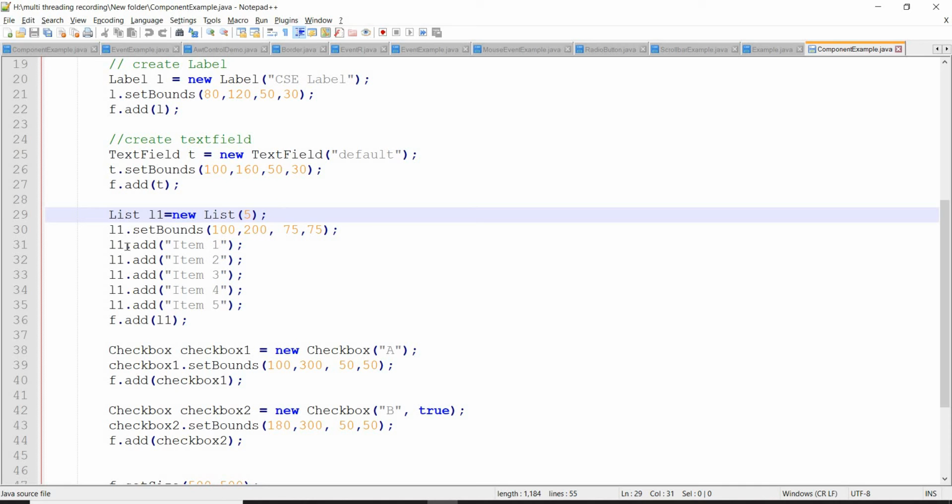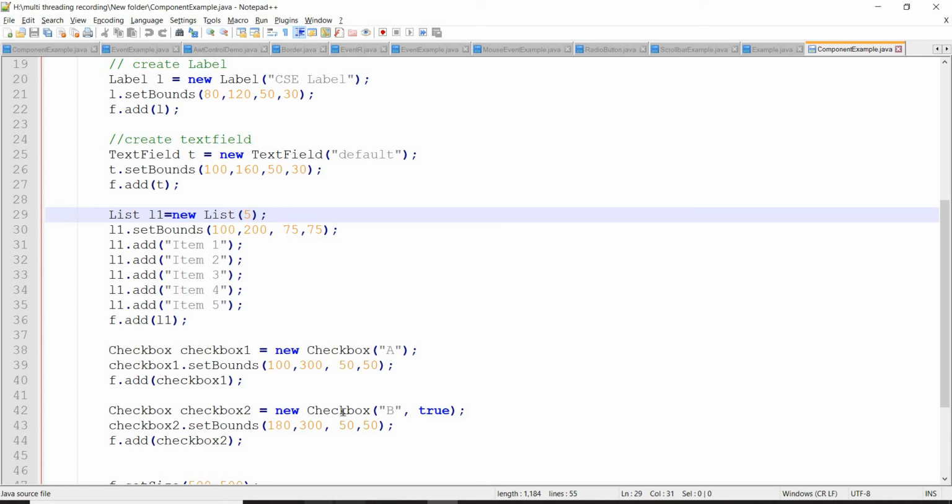First add the items to the list, and then add the list to the frame. L1.add of item 1, item 2, 3, 4, 5, and finally add the entire list L1 to the frame, F.add of L1. This is how we add a list to the frame.